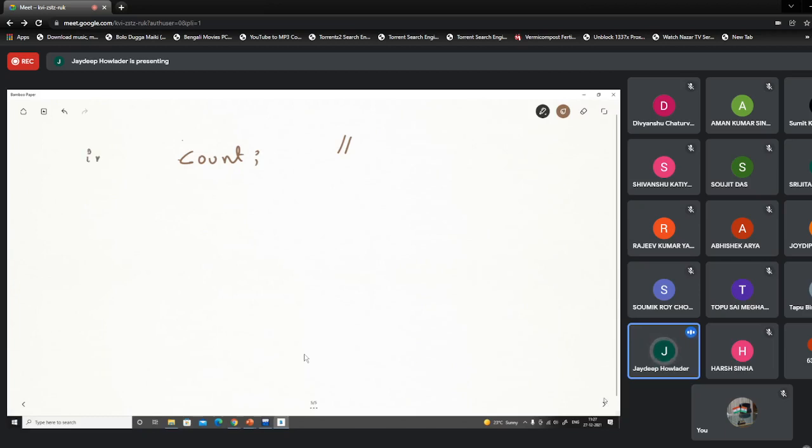Is it an integer, a float, or a character? What types of variables are we using? Writing these things, count is an integer type, int, integer type of data. Another says this is a real, meaning decimal; it can capture decimal values. This one says that it is not an integer, not a real, it is basically a character.